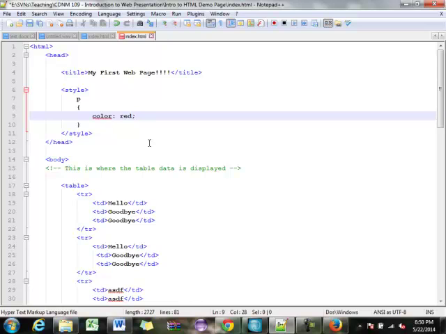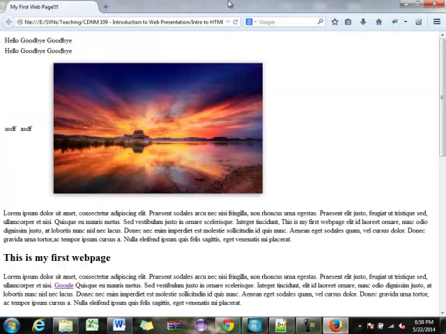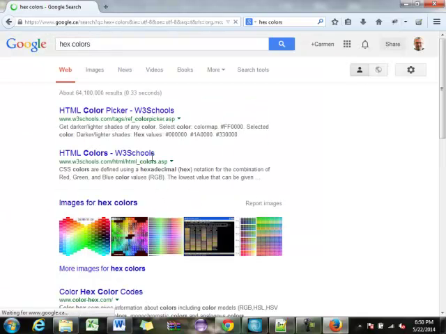CSS allows us to use the actual names of the major colors. You can also use what's called a hex color. So if we go here, this will tell you, for every color, there's a hexadecimal representation. Does anyone know, it's not really important, but